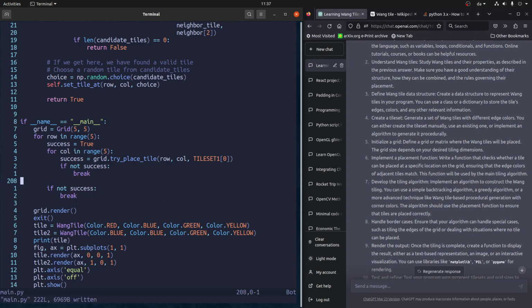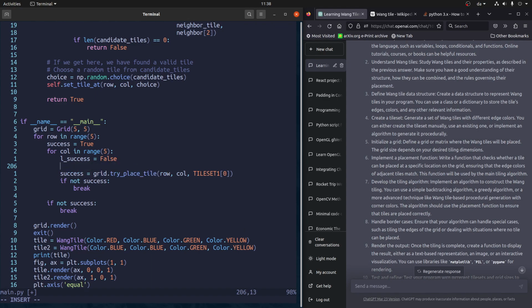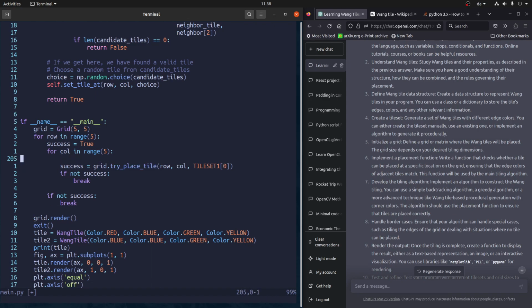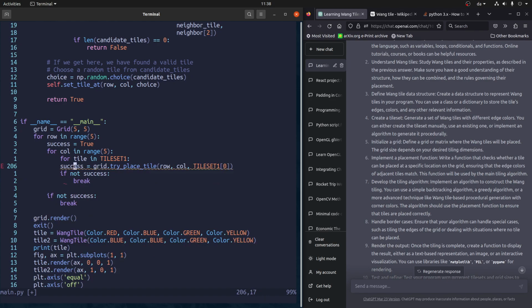So let's try that, and the one we want to place is, actually, let's say for tile in tile set 1,